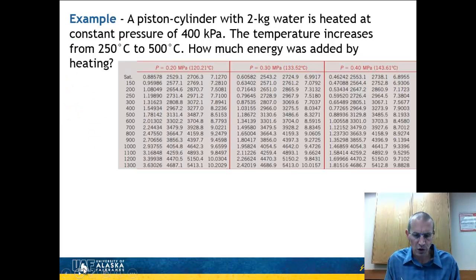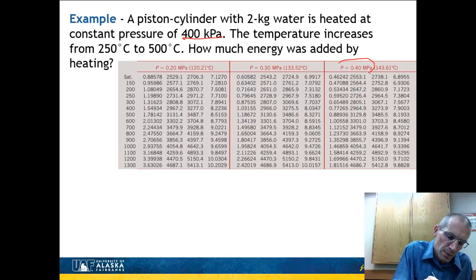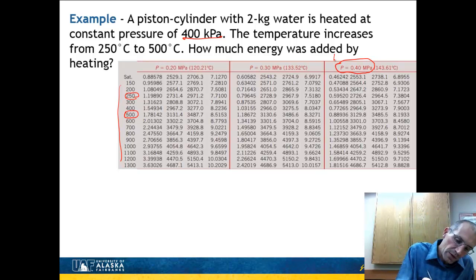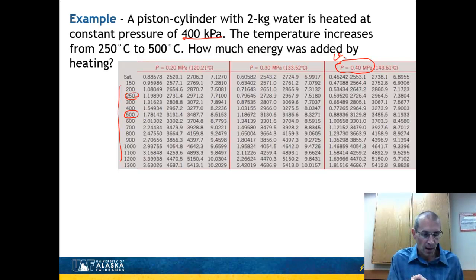Okay, so here I'm looking at the superheated tables with 400 kilopascals, which is the same as 0.4 megapascals. And here I've got temperatures, and so I see right over here I've got 250 right there and 500. So, okay, there I've got my properties. It's a superheated vapor, and this first column over here, this is little v. So I can find the specific volume. So I know what little v1 is, and I'm going to look at